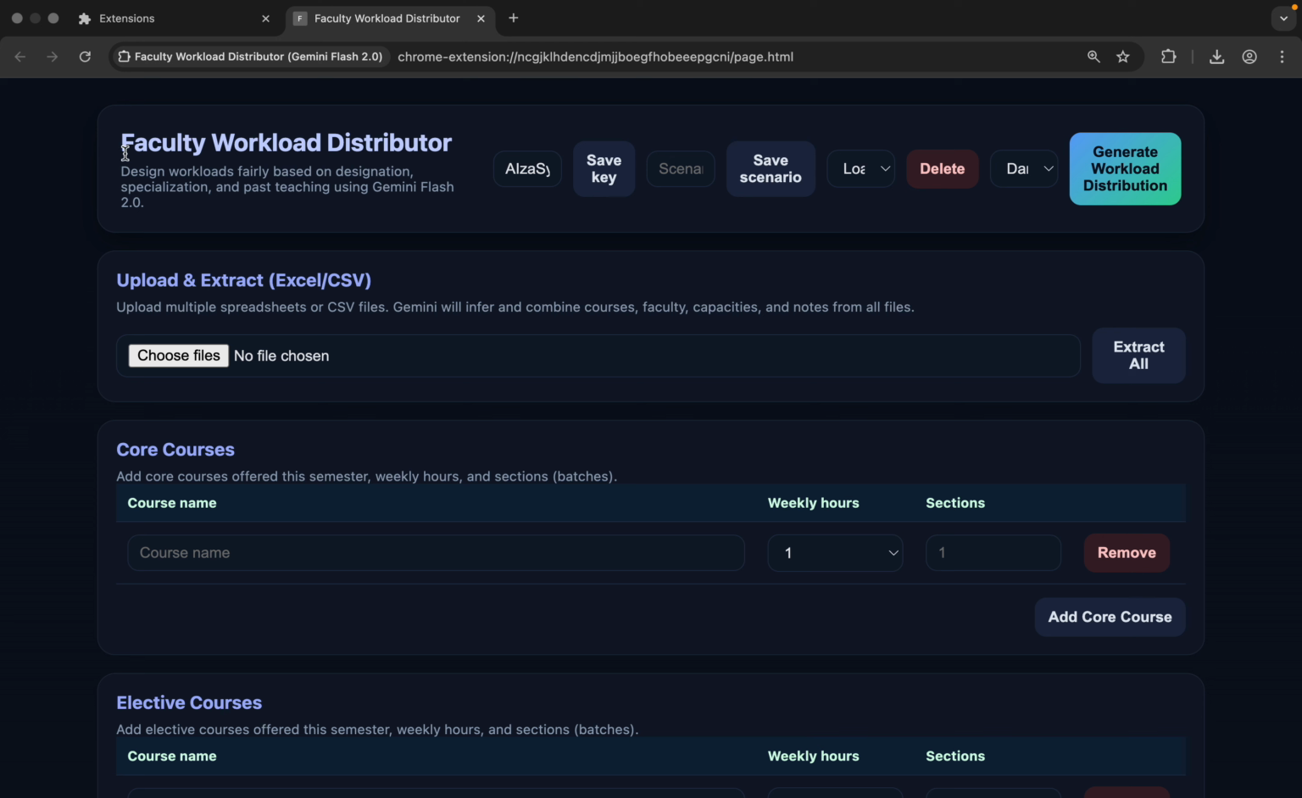Here, this is the workload distributor of faculties in a university. For those who were never into academics, what happens is every semester the faculties are given workloads based on their specializations and other factors. Say there are 10 sections teaching calculus and 5 sections teaching algebra. So, based on that,